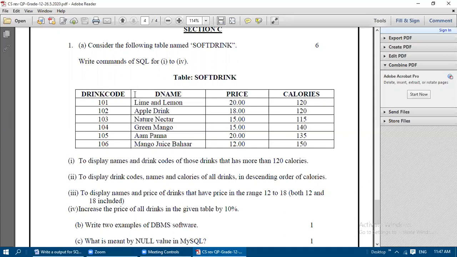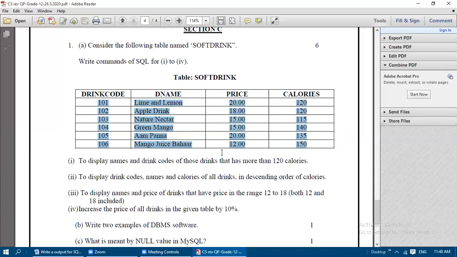After creating the structure of the table, we need to insert the values into the table. Totally 6 tuples we have here, starting from 101 to 106. Totally 6 rows. All these 6 rows we need to enter using insert into table name and then values. Using this command we can insert the values. After creating the entire table with the values, we need to use the select query, that is a DML command. The select query is used for displaying the values according to the conditions, or whatever questions are asked.